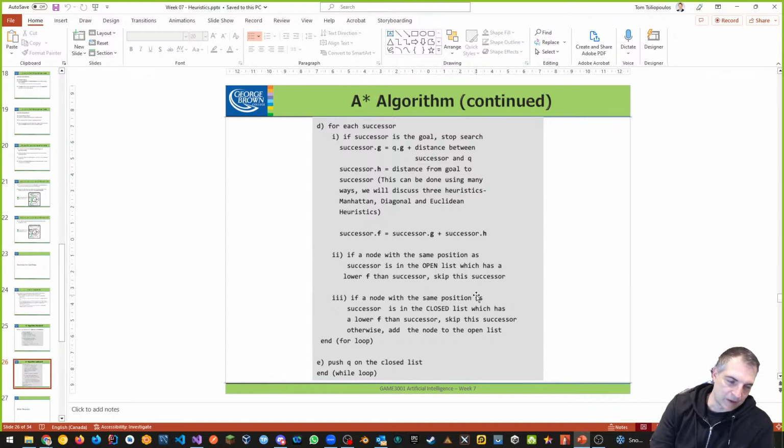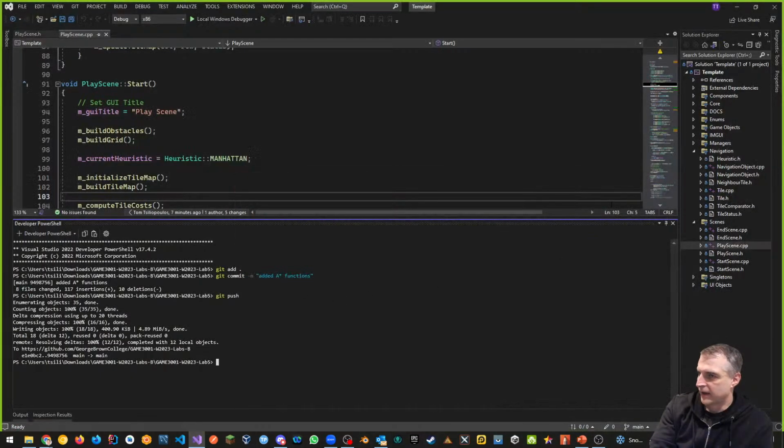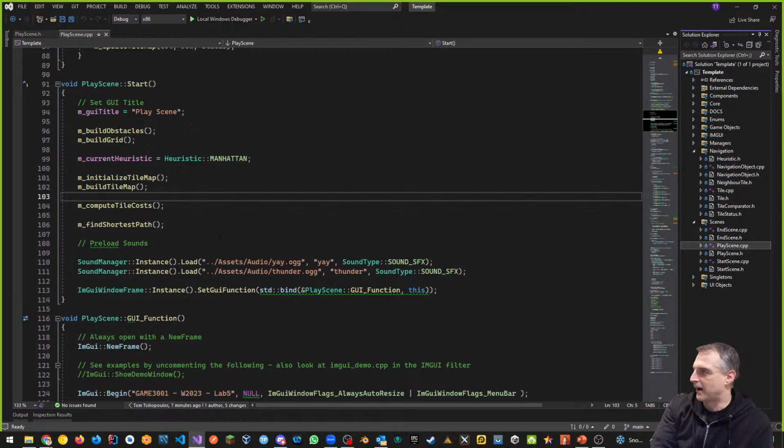We don't have to do this part because we already have a priority queue to take care of this. So this is something we can avoid. If the node with the same position as the successor is in the closed list, well then ignore. We did that already. Otherwise, push Q onto the closed list and then end the while loop, which we kind of did in this fashion. So pretty much I followed this exact thing when I made my A-star pathfinding algorithm. That's what we did. Okay, so going back to this, now it's just a matter of adding more IMGUI